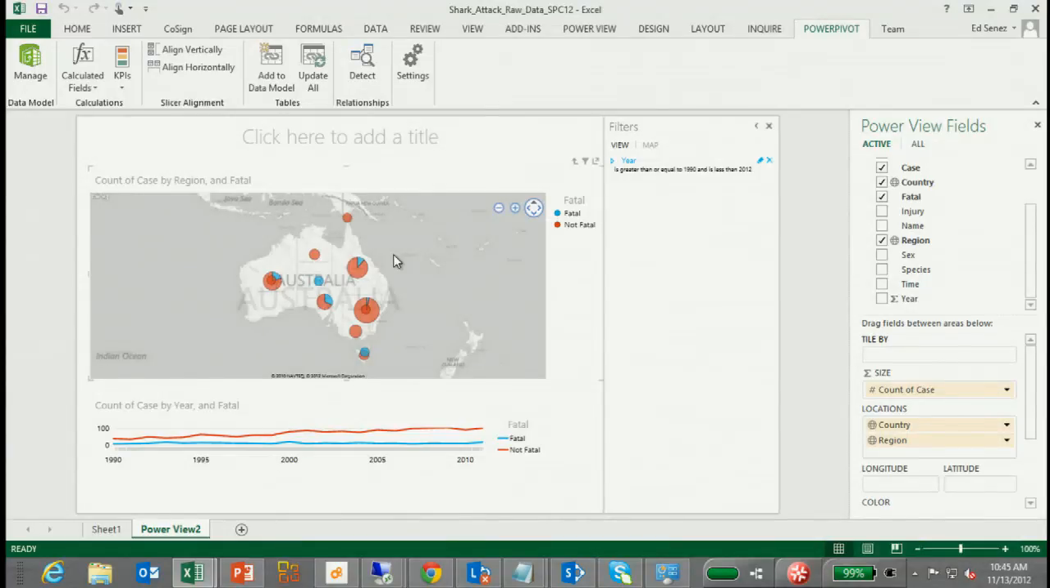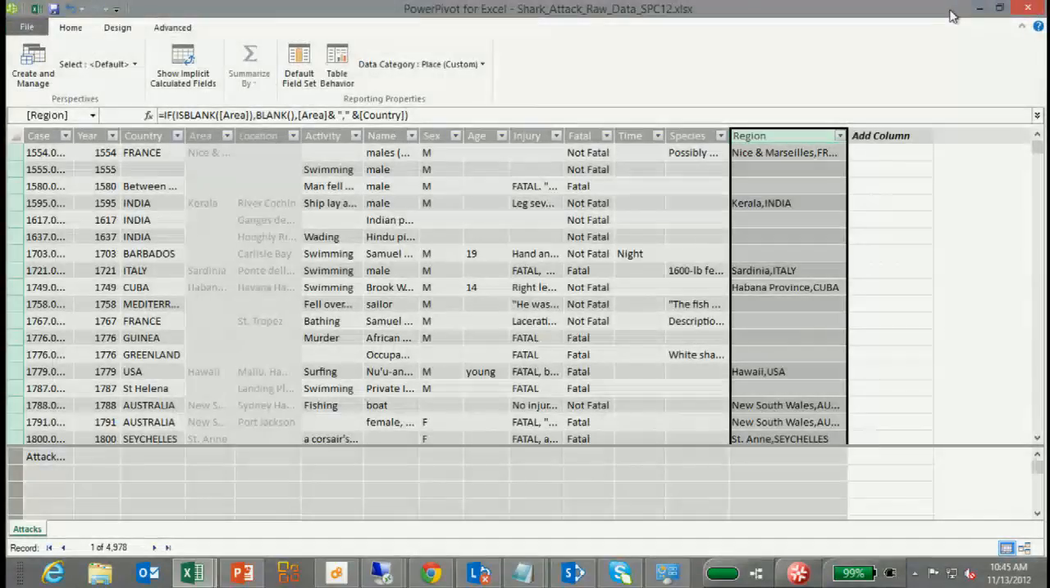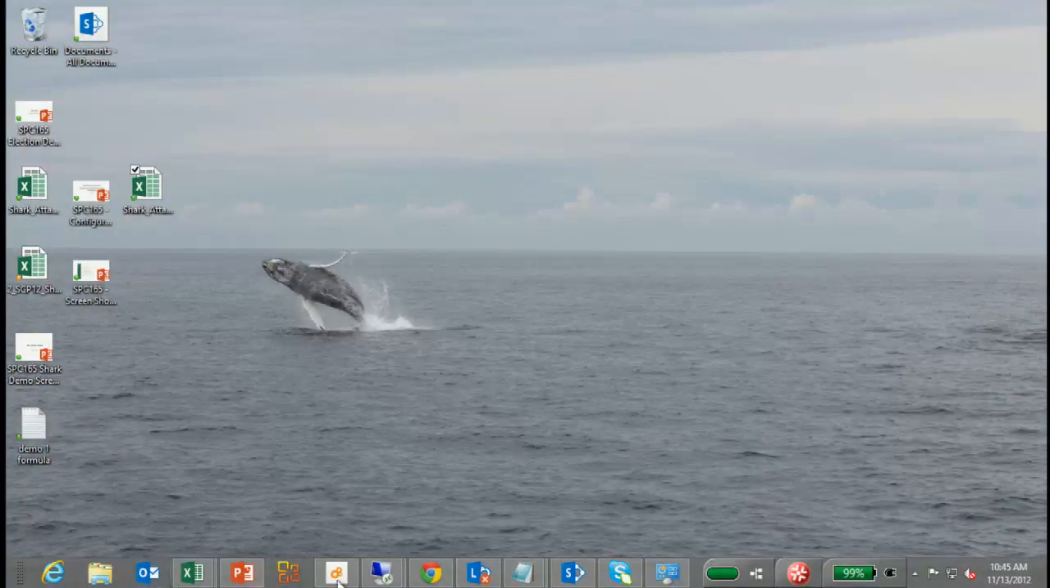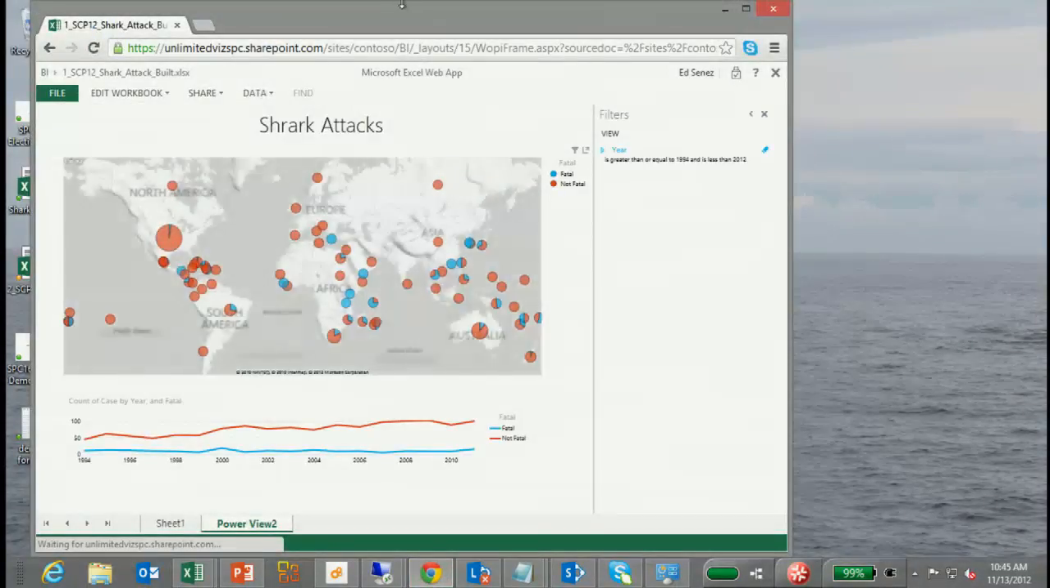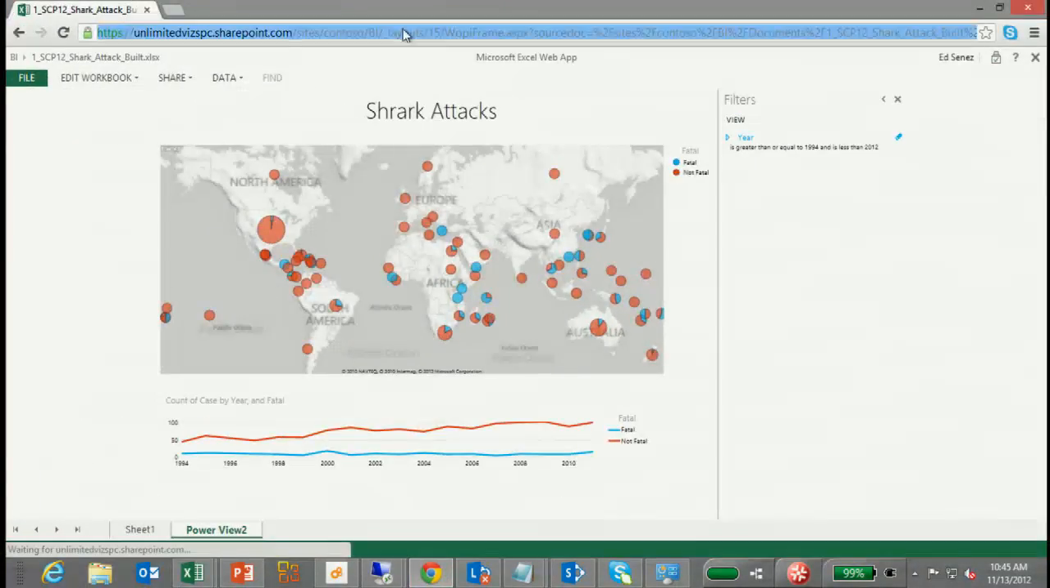So why am I telling you this at a SharePoint conference? Because now I take my Excel workbook, and I dump it into SharePoint. And I do this on purpose. Yes, I am using Chrome here. It's browser agnostic. This is coming out of SharePoint